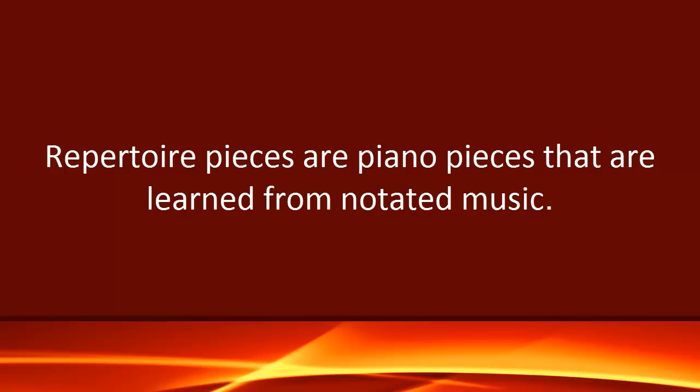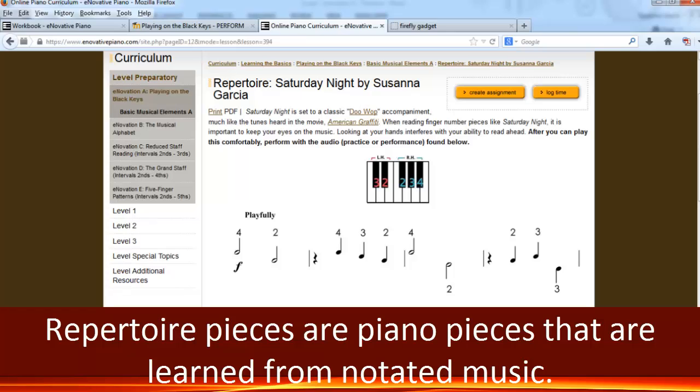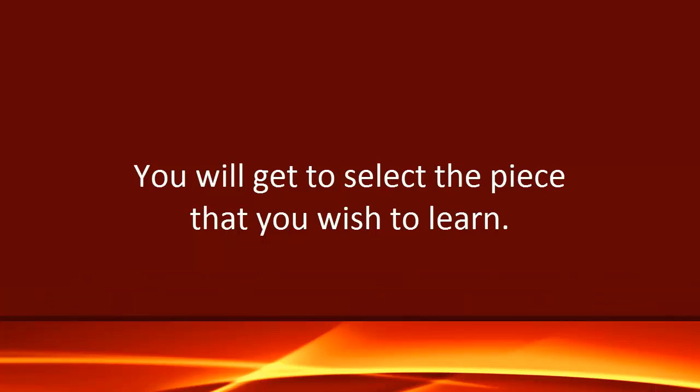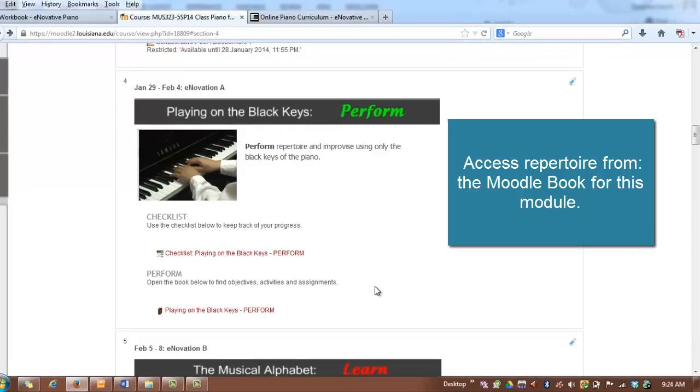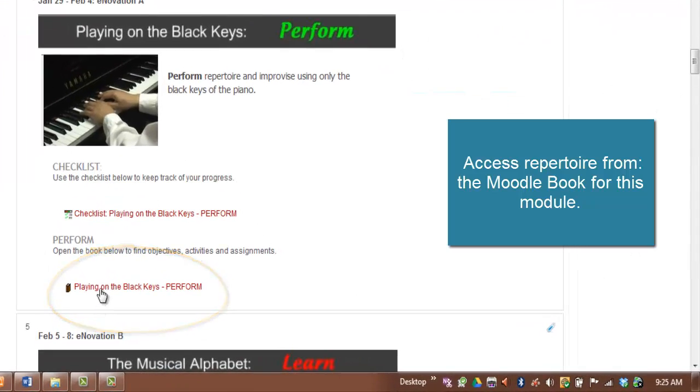Repertoire pieces are piano pieces that are learned from notated music. You will now start to build a repertoire of pieces that you can play, enjoy, and share with others. You will get to select the piece that you wish to learn from among the 3 pieces available in eNovation A. You can access the repertoire links in the Moodle book for this module,